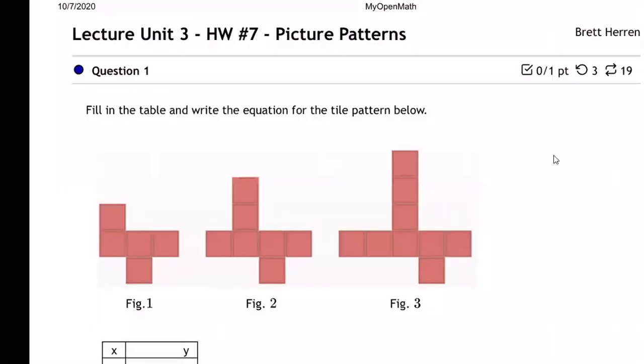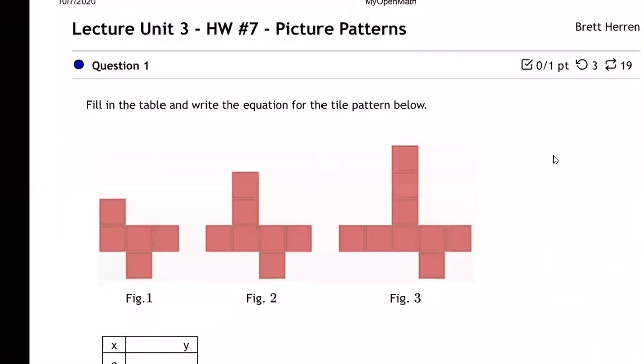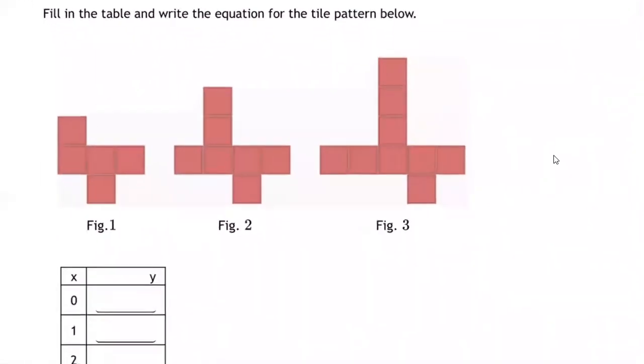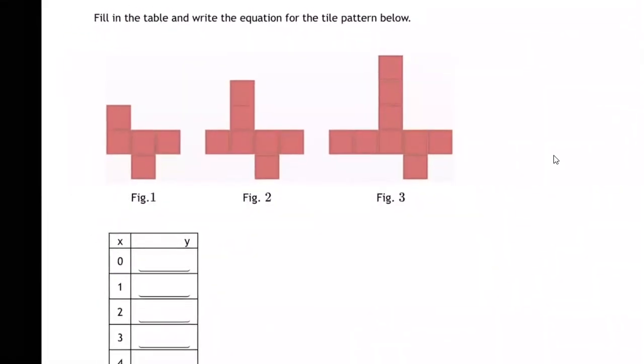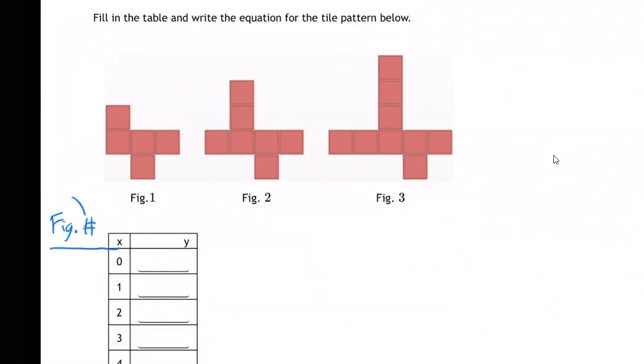Okay, so we're looking for a pattern in these figures here, and we want to put it into that table that they have given us. So let me tell you what they want in that table. The X is the figure number, and Y is the number of squares